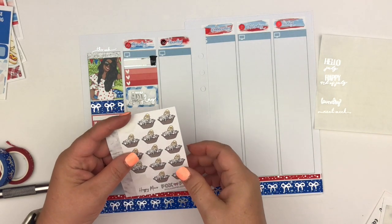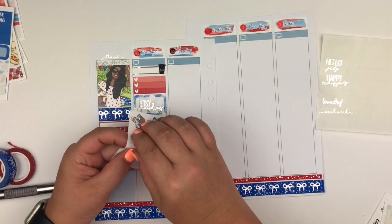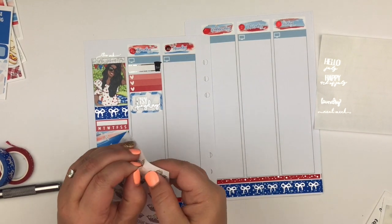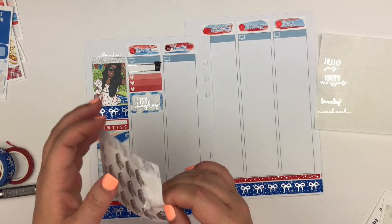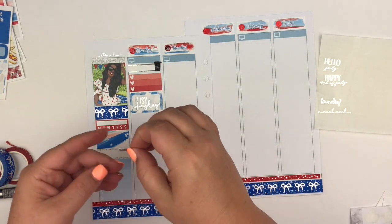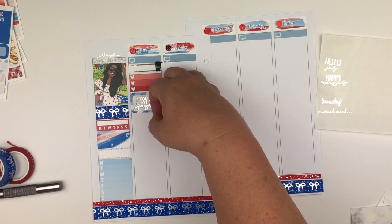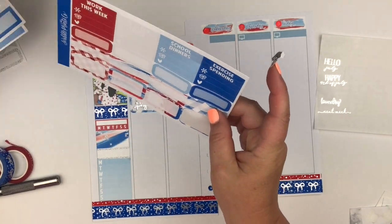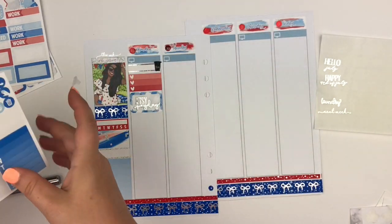And I have my little Fox and Pip girls right here. And again, I'm still waiting for the replacements. Amanda said she was going to send me replacements for these because I'm having trouble getting them off the sheet. They're still usable. Like this one kind of tore a little bit, but it's still usable. So I don't even really need to put this on a box. Are there any cute flags? Yeah, let me do...